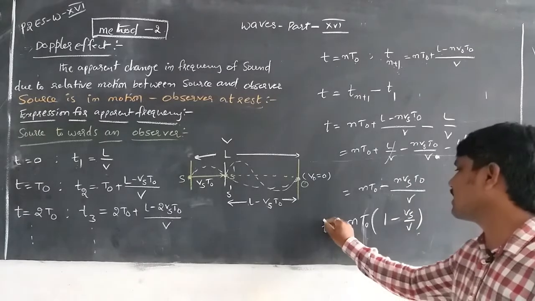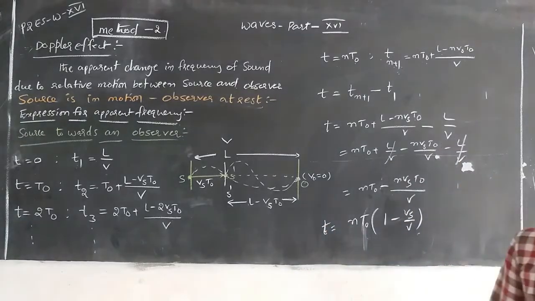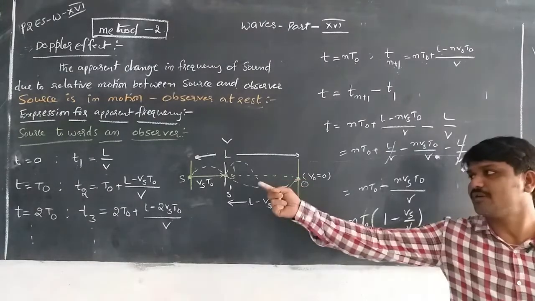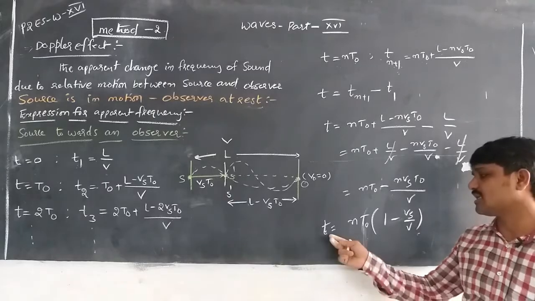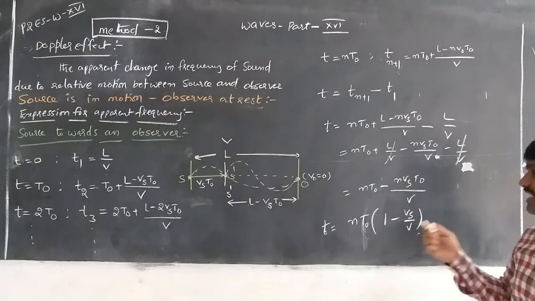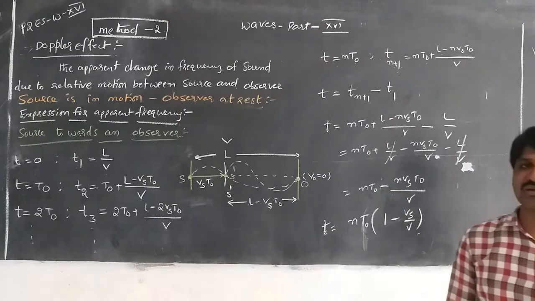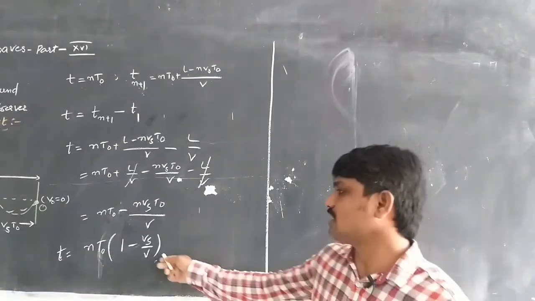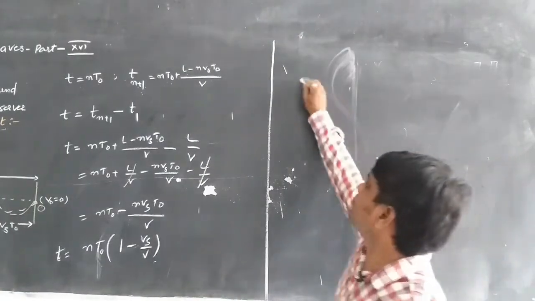Here is the total time taken to observe all the waves from t1 to tn plus 1 waves. The total time nt naught of 1 minus vs by v is the time taken by an observer to receive all the waves, the n plus 1 waves received by an observer. Then the period of the wave,